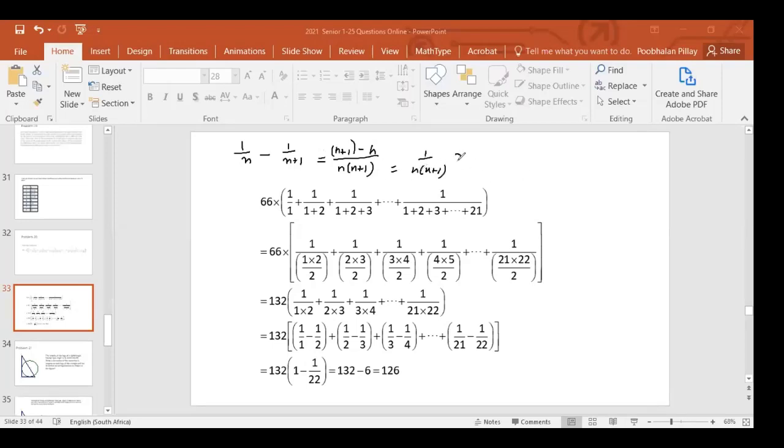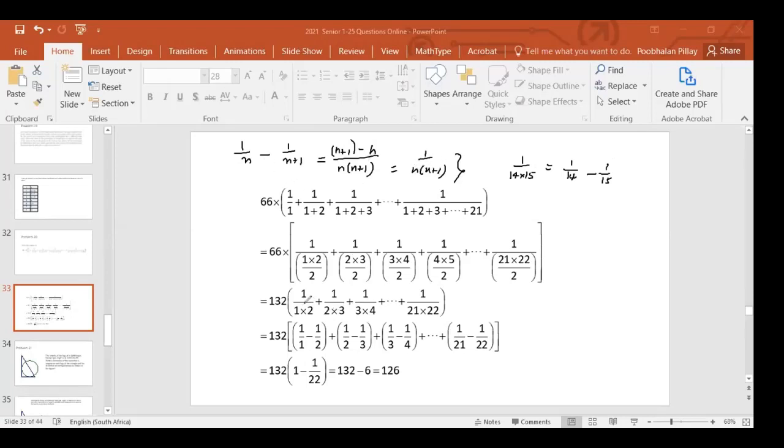So what does this mean? Every term which I wrote down can be written as a difference of 2 numbers. For instance, I can say 1 over 14 times 15, where n is 14, is 1 over 14 minus 1 over 15. If you simplify 1 over 14 minus 1 over 15, you'll get precisely that. This formula works for any n. I can put n equals 14, and you'll get that.